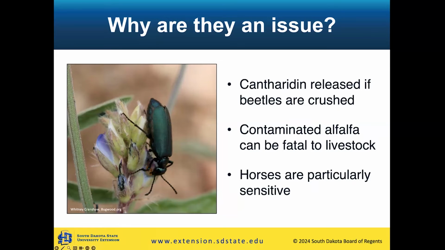So the other way that cantharidin can be released, like I mentioned, is that they can be crushed. So it can happen when you're smacking a beetle on your arm or something. But it can also happen when an animal is consuming infested hay and they're chewing that hay up with their teeth, and they crush up those beetles, and then that releases that cantharidin. So it's really an issue here